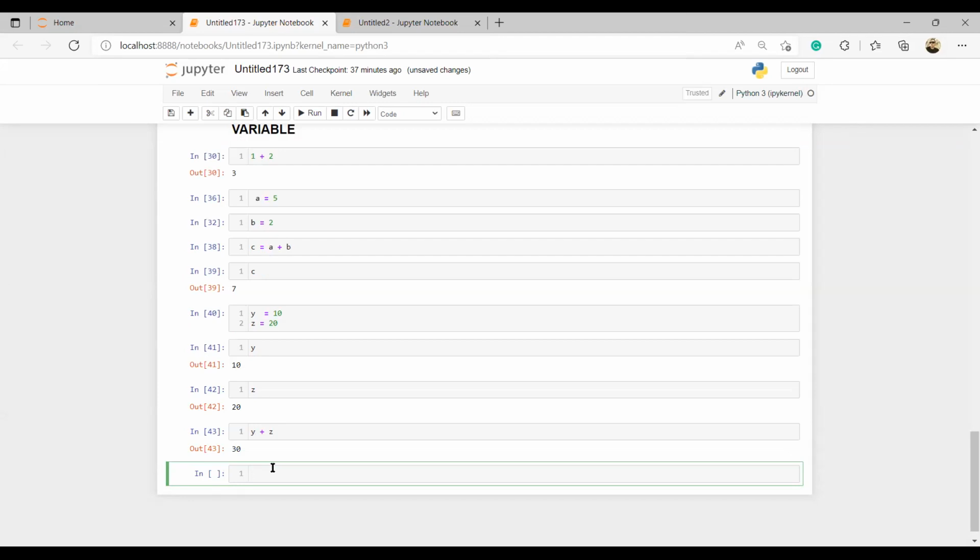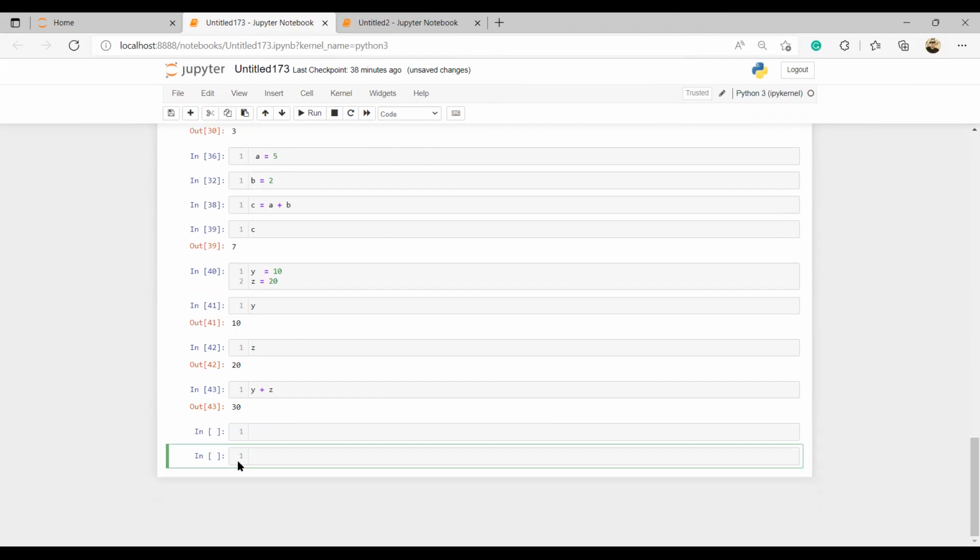But how did you get y equals 10 and z equals 20 in the same cell? Once you type y equal to, press enter, then the next one. Okay. It's like assigning a number to the variable. So we're coming there now. Do you understand this one? Yes. So once you have got this, this is how we are going to be working all through.